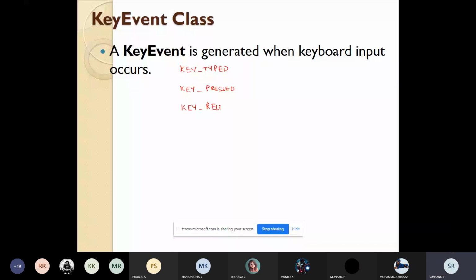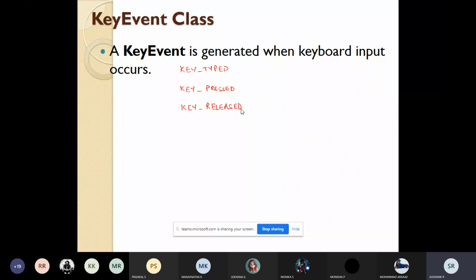So these are the 3 integer constants which are associated with this key event class. One is the key pressed, one is the key released, and other one is key typed. When you press a key, the key pressed event will be generated. When you release that key, the key released event will be generated.